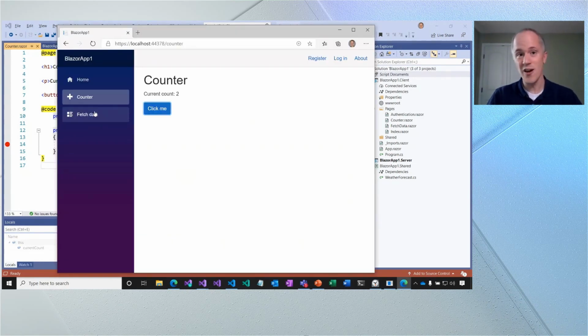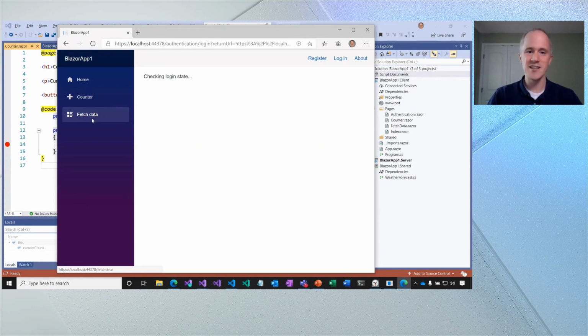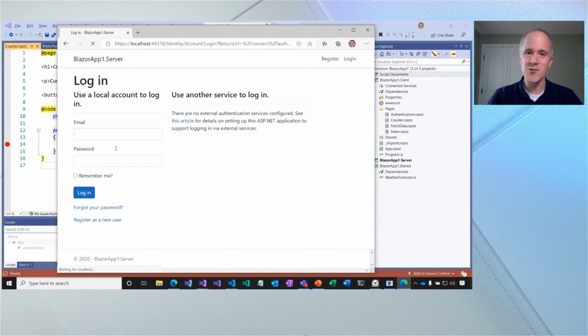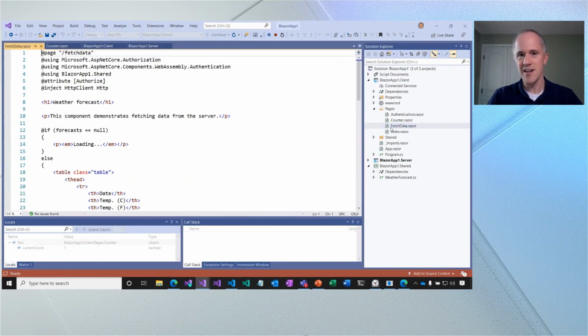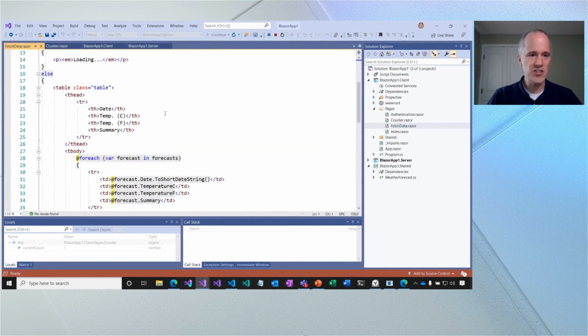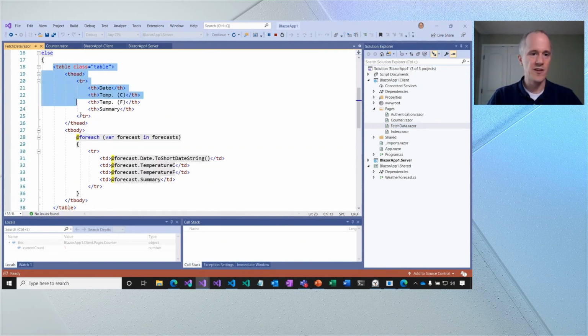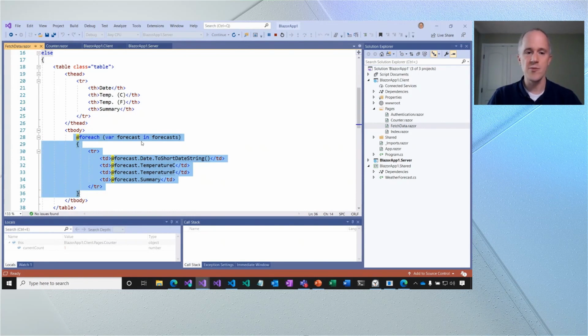All right, what else do we have going on in this app? Well, we have this Fetch Data tab. What does that do? Oh, well, it looks like it bounces me to the login page. Why is that? Well, if we look at the code for Fetch Data, it's mostly just an HTML table, and it's rendering out this weather forecast data as a table. And it's using a C# foreach loop to render each row in the table, iterating over this weather forecast